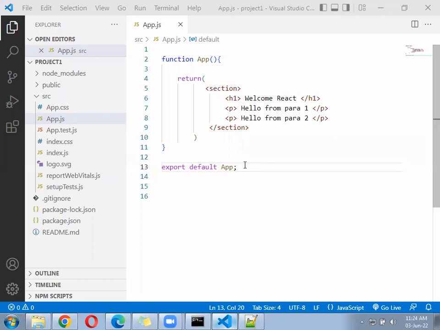Default keyword is from the React side. React says that in one page, in one JS file, there can be multiple functions. In one file there can be multiple functions. All functions you can import, no problem at all. All functions you can export. But